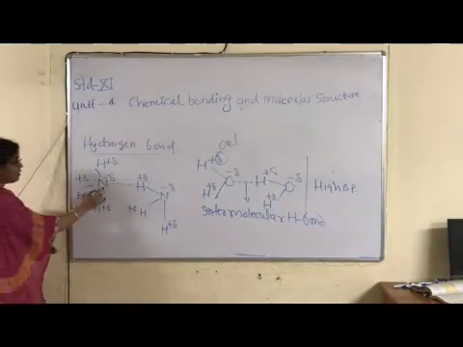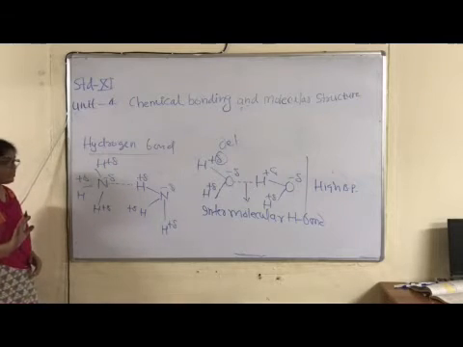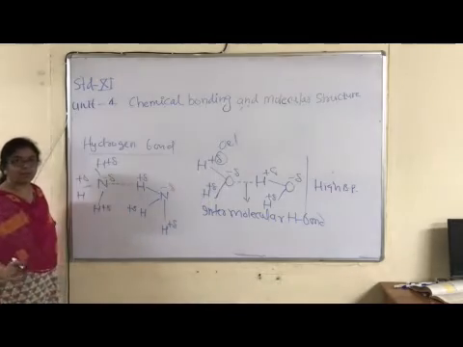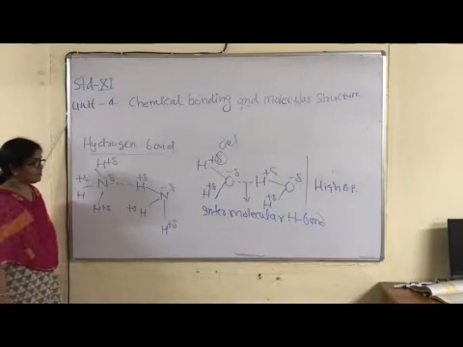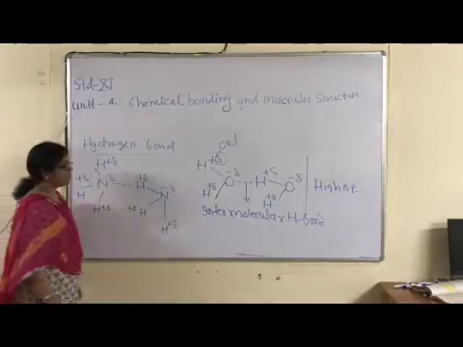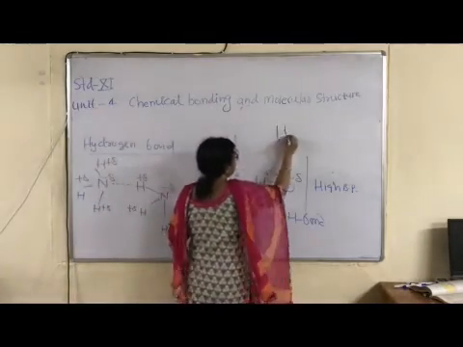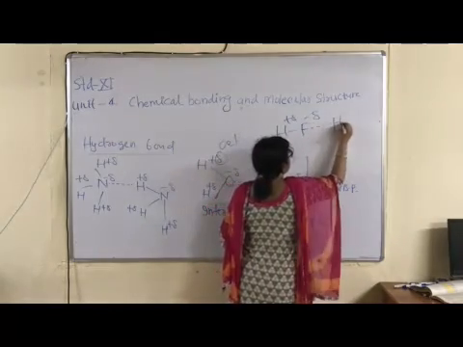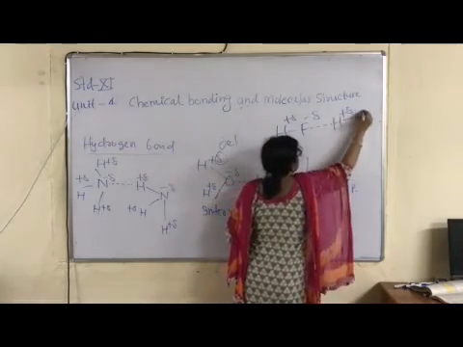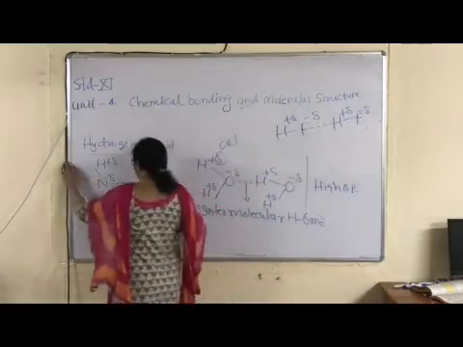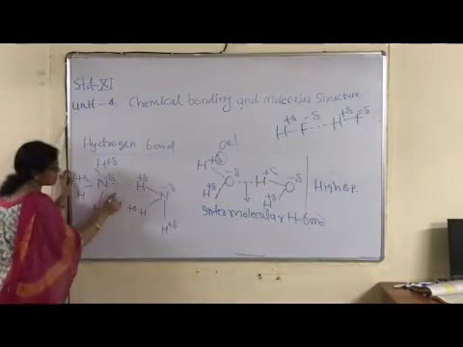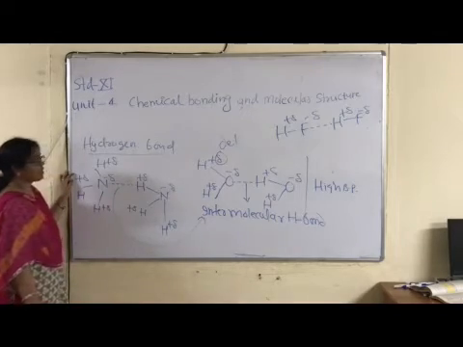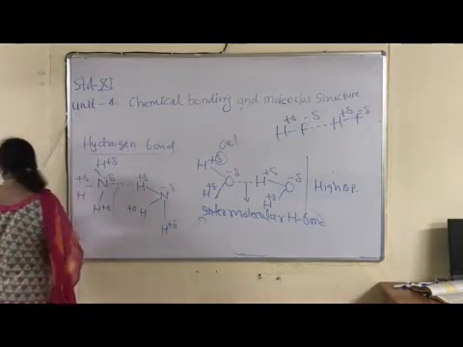NOF, nitrogen is present in ammonia, in any nitrogen containing compound, oxygen in water, in alcohol, right? Okay, and third one is fluorine. Fluorine is in HF, minus del, plus del, right? Each one is intermolecular hydrogen bond, same type, intermolecular, right? What now? Second type is intramolecular hydrogen bond.